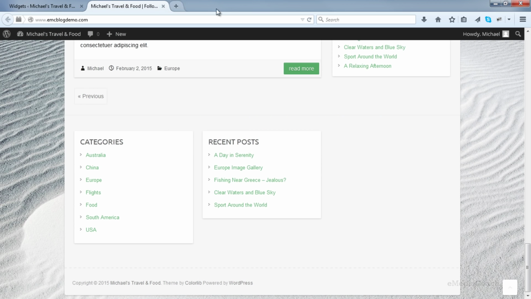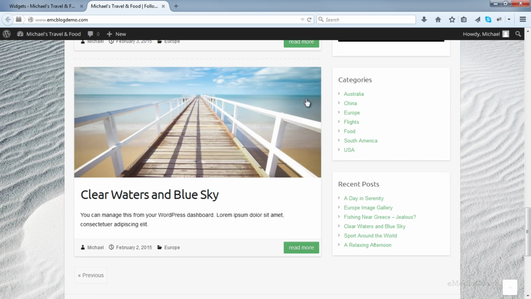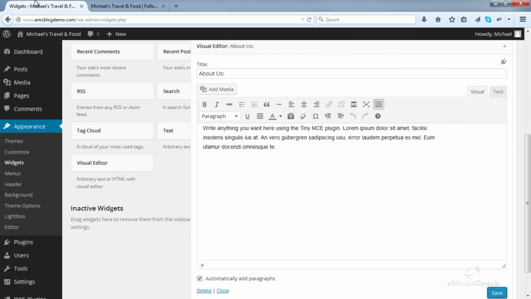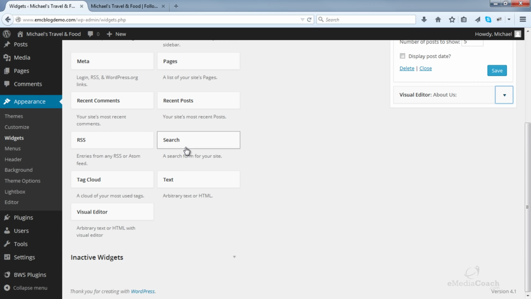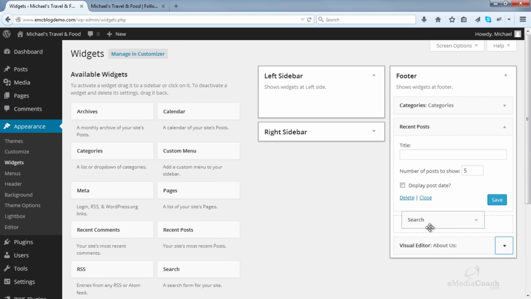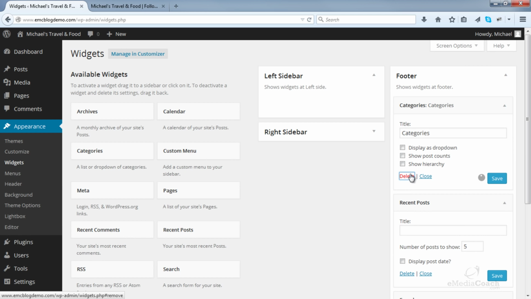And I can save that. That's what that looks like. Alternatively, you can even do other things such as adding a search field. So let's try put that in there and we'll delete, say, the categories.